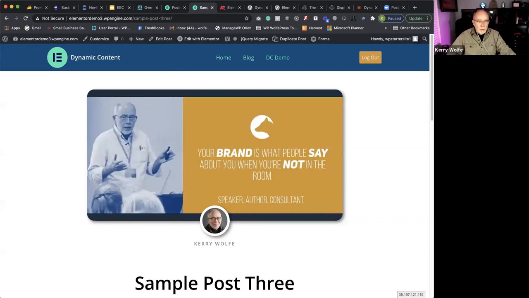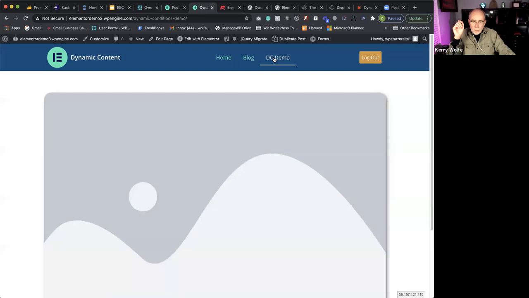So before we jump into that, I also want to give you some, because I don't have time to go through and set every one of these things up from scratch. There's not enough time, but I wanted to give you a sense of how dynamic conditions work. So this is just a post with an image. If we edit with Elementor,